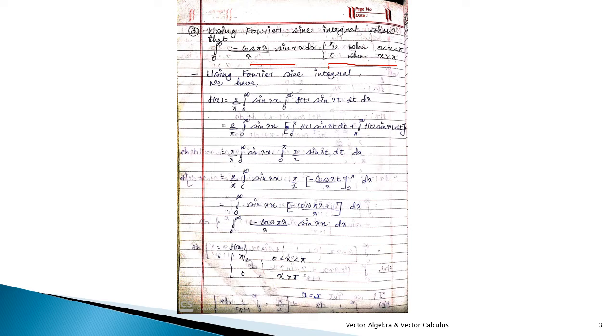So while doing this one, we are doing the first example of Fourier sine or cosine integral, because till now we just did the Fourier integral, that is, based on general formulas. So this one is the first example based on the sine integral. So the procedure is the same only, but the start will be the sine integral.